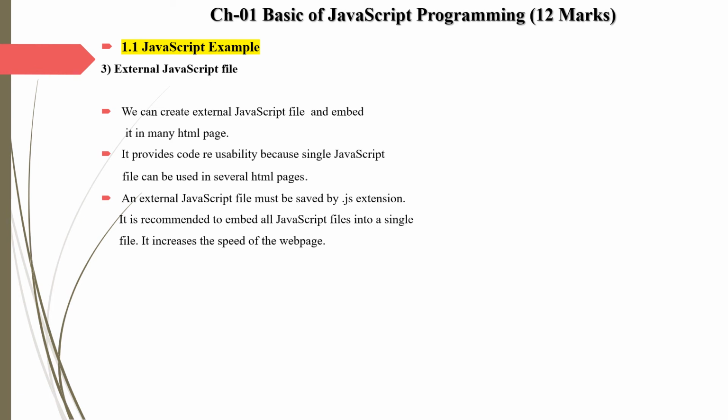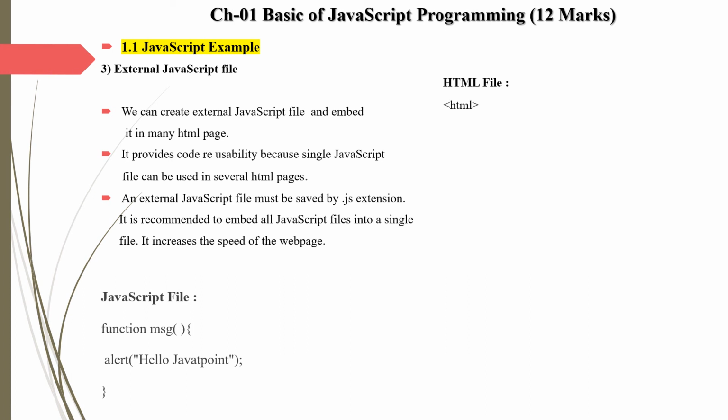So in the third way, we create two files. The first file is the JavaScript file and the second one is the HTML file. The JavaScript file is saved with the .js extension, and the HTML file is stored with the .html extension. For the first, the JavaScript file, we create one function msg. In the function we create one alert box by the method alert, and in alert we pass the string "hello Javatpoint". So this is the JavaScript file.